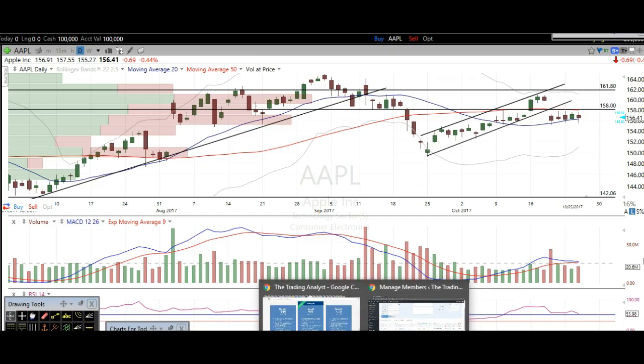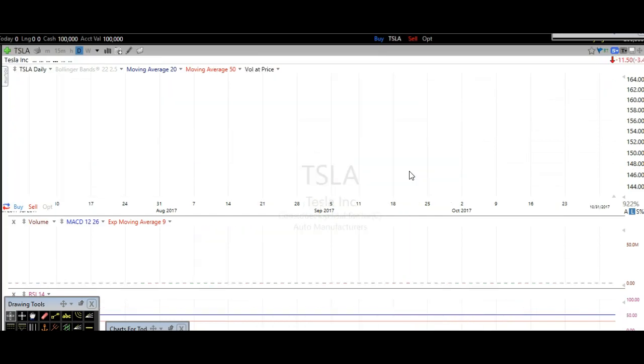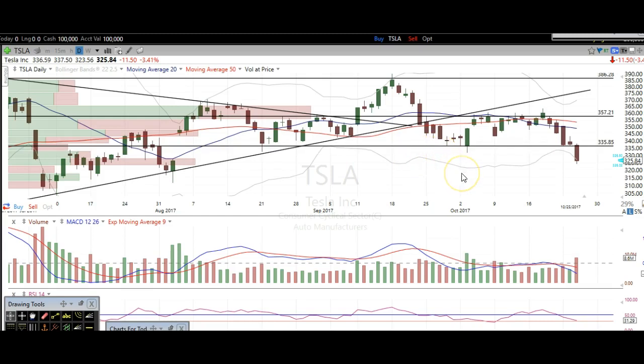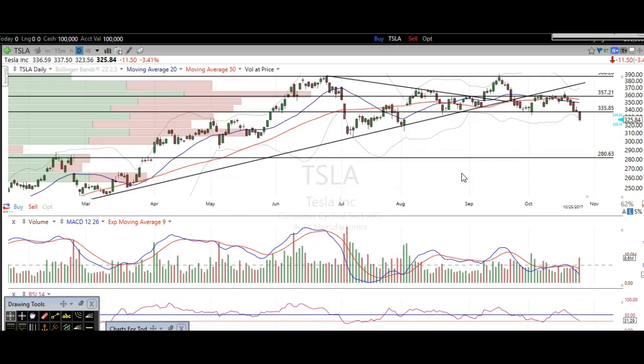The next one we're going to take a look at is a stock here, Tesla. And Tesla, this is another one that we called for downside. I want to go back to exactly why we called for downside, because I really want you to learn. It's all about learning here, all right? So we had this trend line. It started right here, got a bounce there, bounce here, several bounces, and then we broke back under it